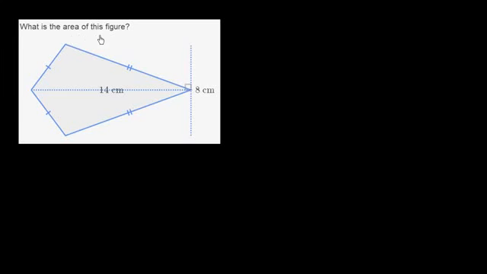What is the area of this figure? And this figure right over here is sometimes called a kite for obvious reasons. If you tied some string here, you might want to fly it at the beach. And another way to think about what a kite is, it's a quadrilateral that is